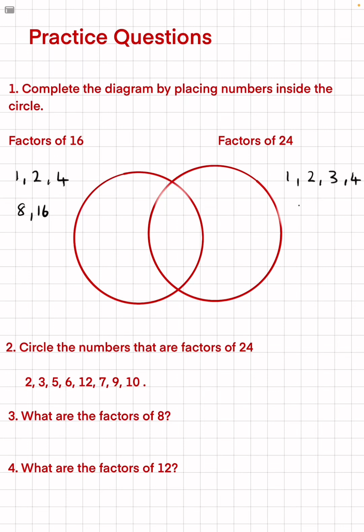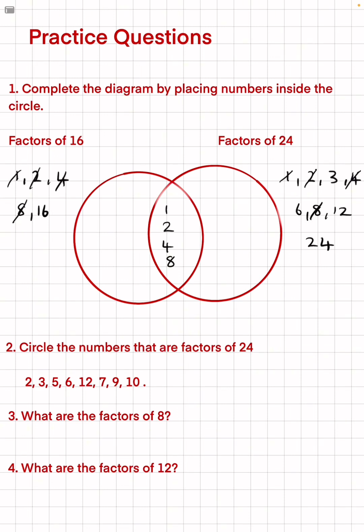4, 6, 8, 12, and 24. We're going to start by putting the common factors in the center of the circle. A common factor of 16 and 24 is 1, 2, 4, 8,